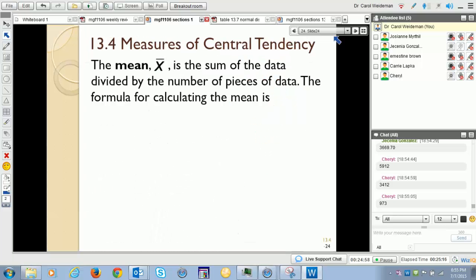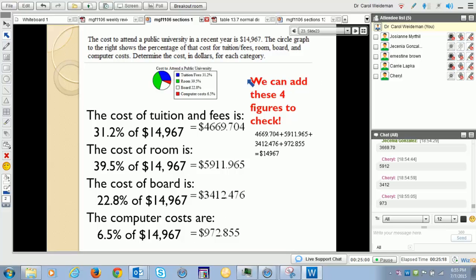Okay, so that was your graphical displays. Really, all you need to be able to do is read them and interpret them. You're not going to make displays. So it's being able to interpret, read the frequency polygon, read the histogram, read the bar graph. I didn't do a bar graph here, but a pie chart is similar, just like this.